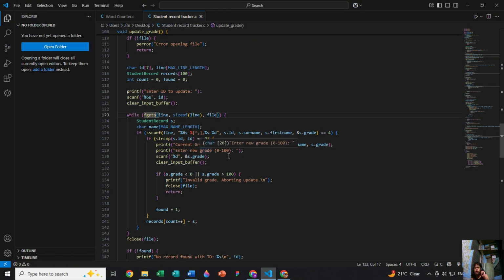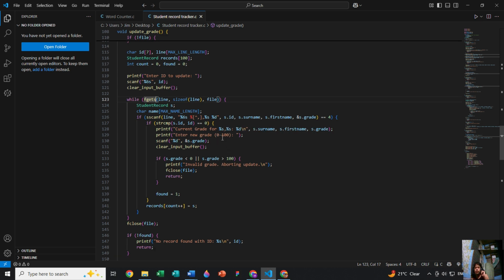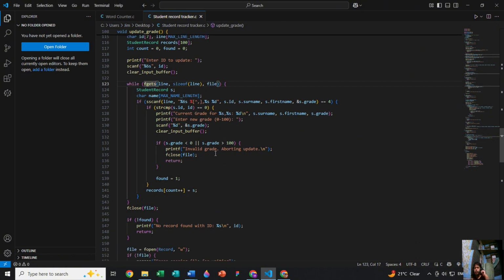Again, another check whether the new grade is valid from 0 to 100, no more, no less than this range. Scanf for the grade, then store it. After that, clear the input buffer. And if the grade is below 0 or more than 100, invalid grade, aborting the update, keeping the previous grade intact, and it will close the file.